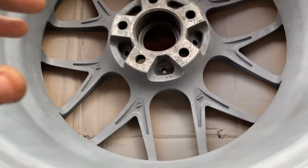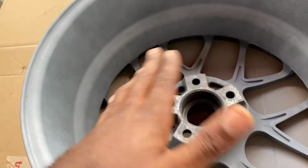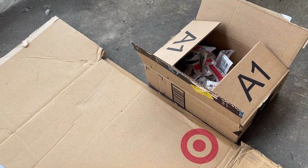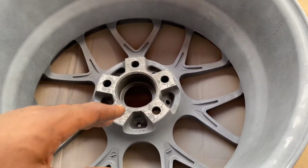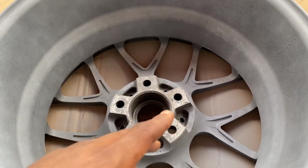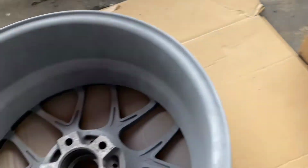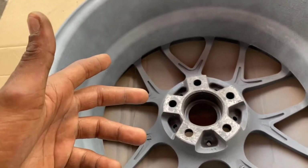If it has that grainy feel, I have some 800 grit sandpaper that I'm gonna dry sand it with. I don't want to add any water or anything to that as of right now. Have it completely cleaned. As you can see, a box of alcohol prep pads that I use to clean the entire rim on the inside. This was after I've done all my wet sanding. I cleaned it again with regular soap and water and my M3 Scotch-Brite. After I did that, then it was back to wiping it down. Once I wiped it down thoroughly with the alcohol prep pads, or you guys could use a shop towel and alcohol,